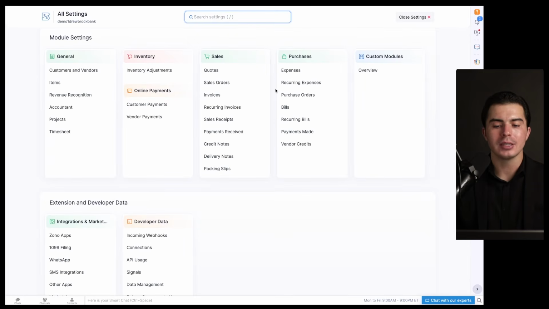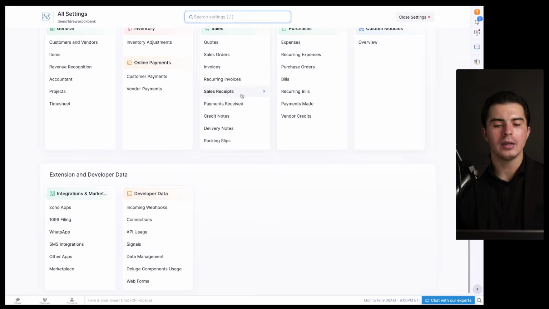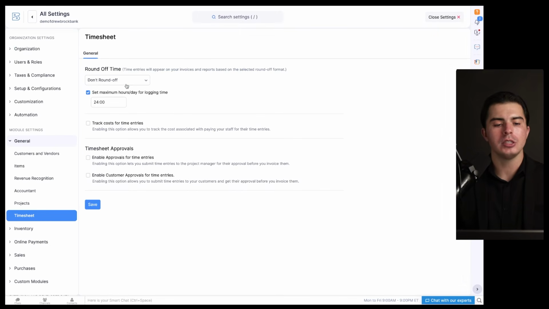Okay, so that's something to be aware of. Let's jump back into timesheets here. This allows you to change some of the settings for timesheets. So, don't round. You can round up or round down to different timesheets that are added. So if you spend 49 minutes doing something, you could round up to the hour or something like that if